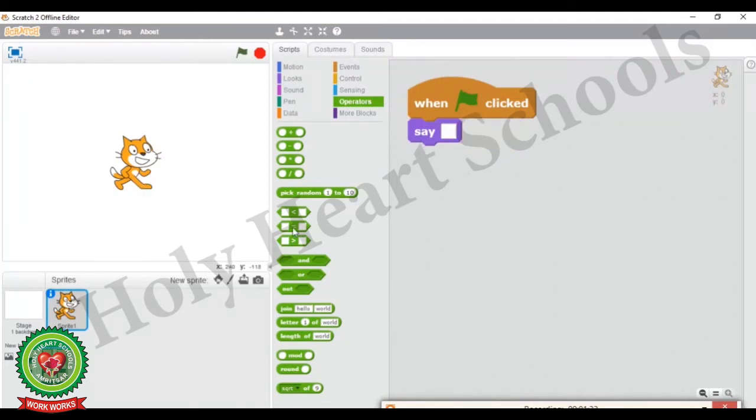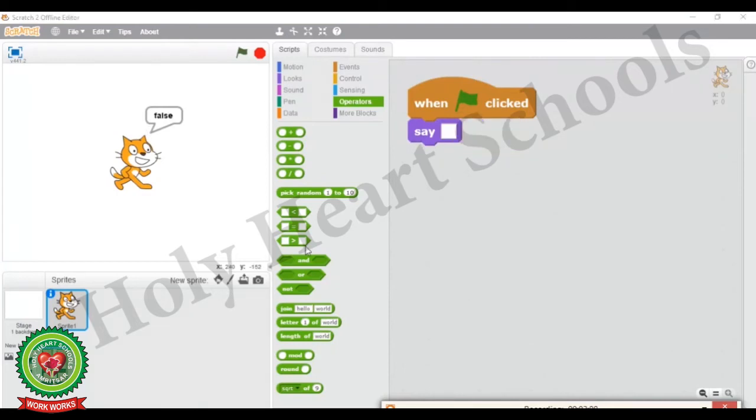Now here I am going to take the equals to block. Here you can see if the two values are equal, then the sprite will display the message true, otherwise false. Now here you can see both values are equal, so the sprite is displaying the message true.